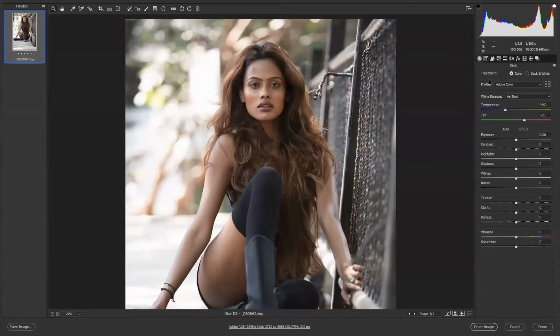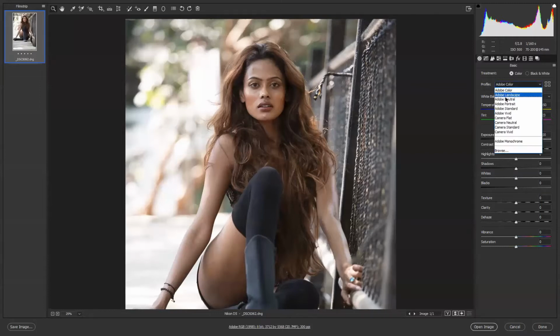Adobe profile, Adobe Color. Ravi ji, can you see the profile Adobe Color? Yes, sir. So basically, this is a profile which Adobe gives us. Mostly the changes come in our colors when we shoot.